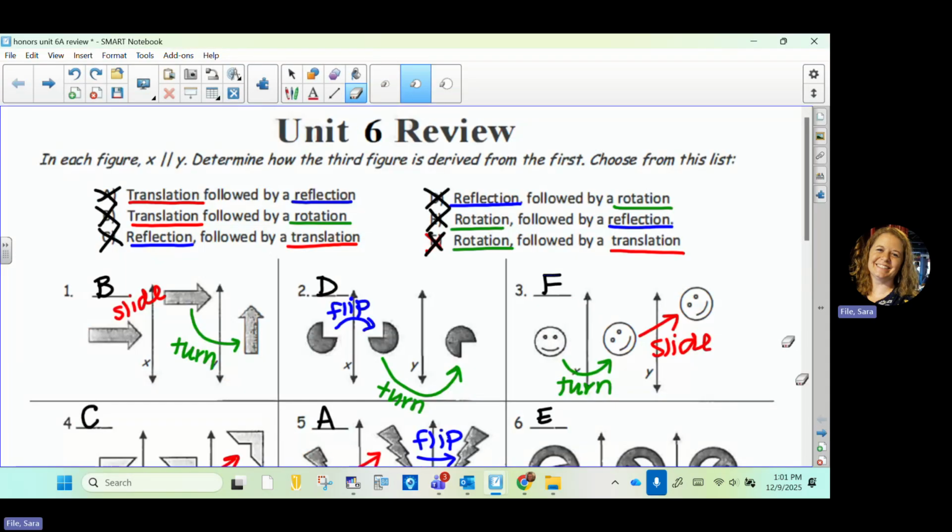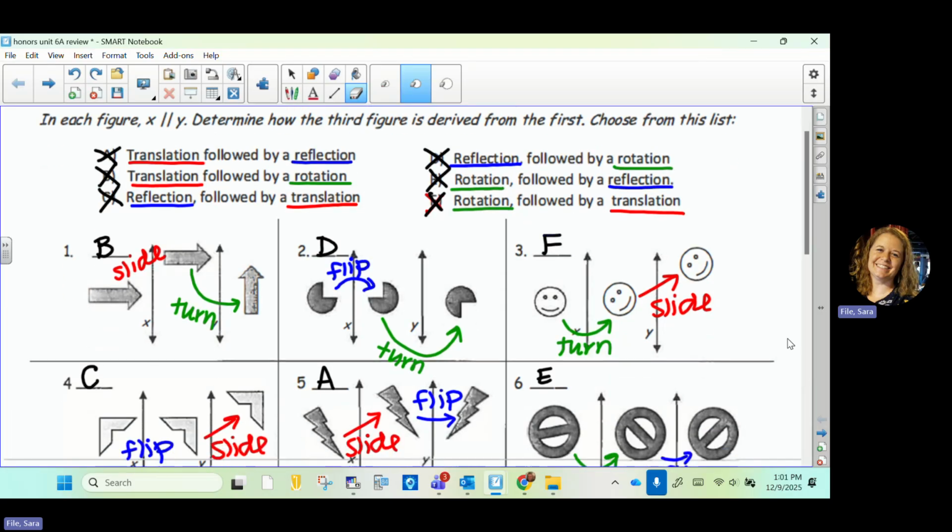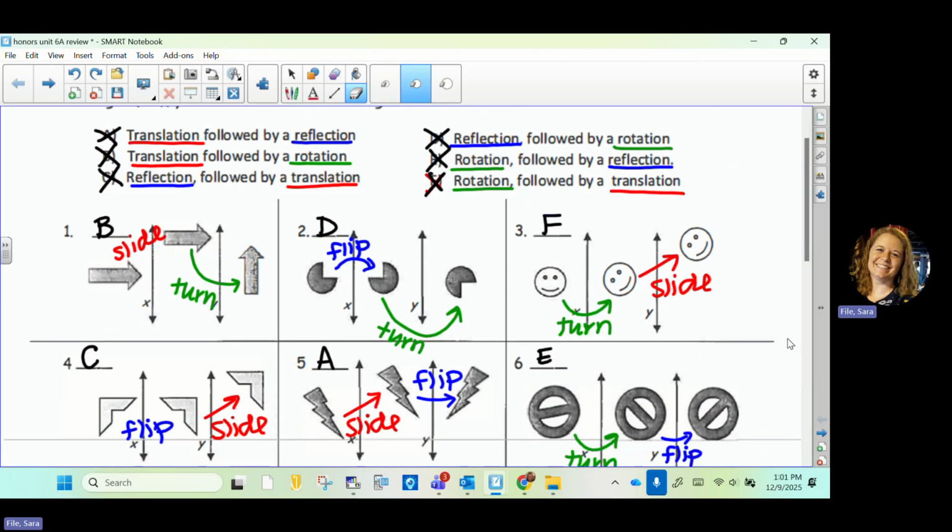Okay, so in this first section, 1 through 6, this is matching. You're matching the visual of the transformation happening. These are composite transformations, where you do 2 things in a row, and you're matching it to which of these A through F it shows. Okay, so actually I've already done it here, but for number 1, for instance,